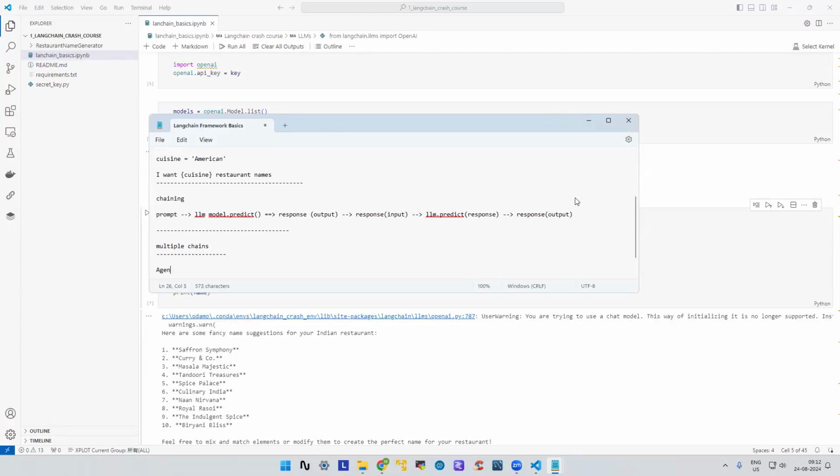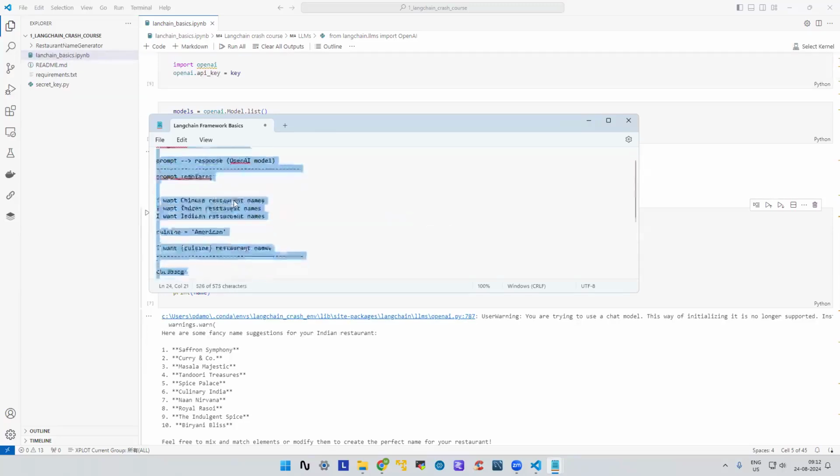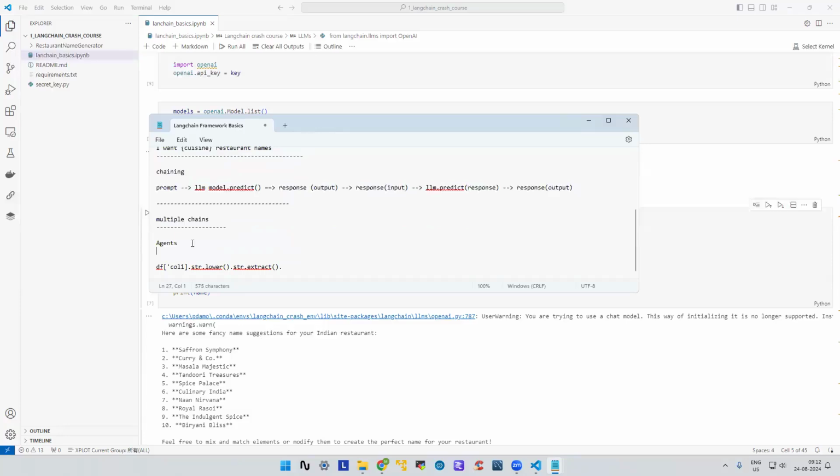Another one is agents. The reason why we need agents is going to be a bit odd compared to the other concepts. The concept behind agents is, suppose the LLM models, if you take ChatGPT itself,